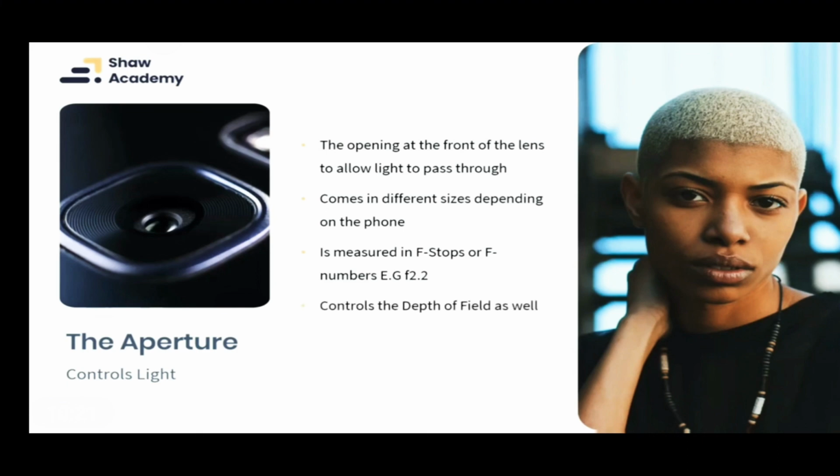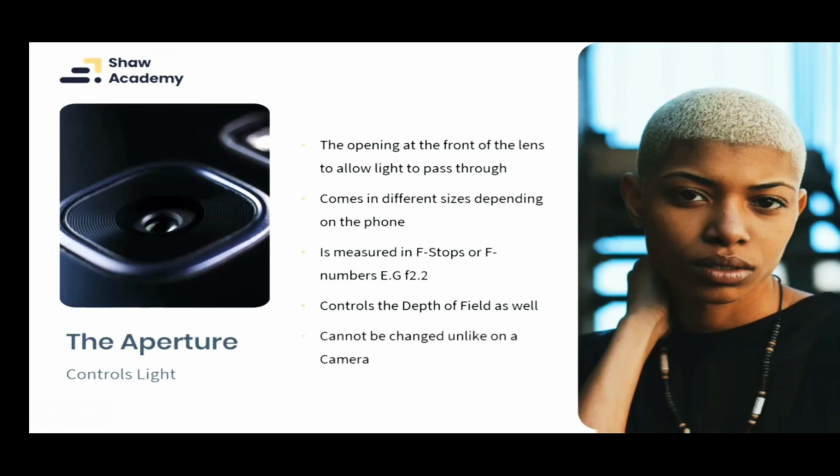it's referring to the size of the aperture within the lens. And as I mentioned, it also controls a secondary component as well as controlling the amount of light in the photograph. It controls our depth of field. So we can get a nice shallow depth of field, or we can also get a nice deep depth of field if we want to capture a landscape as well.